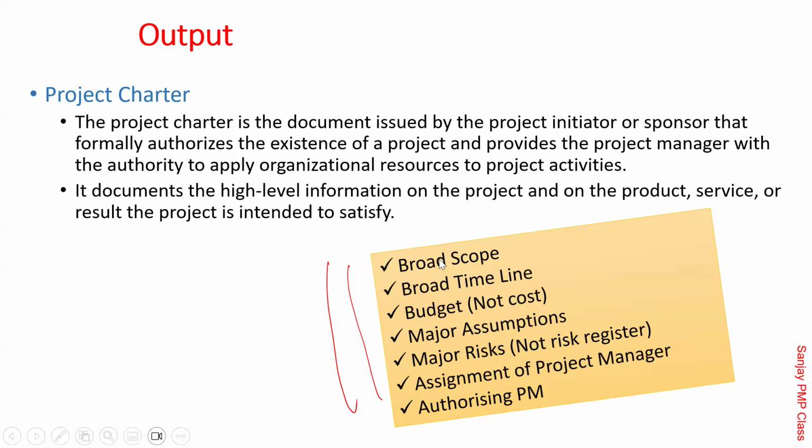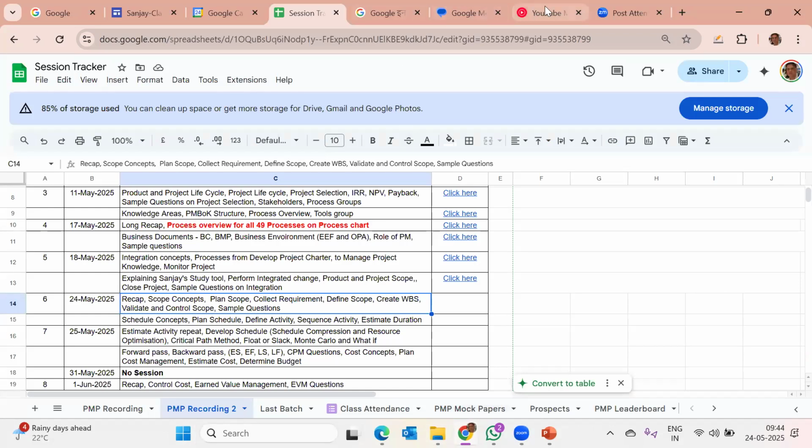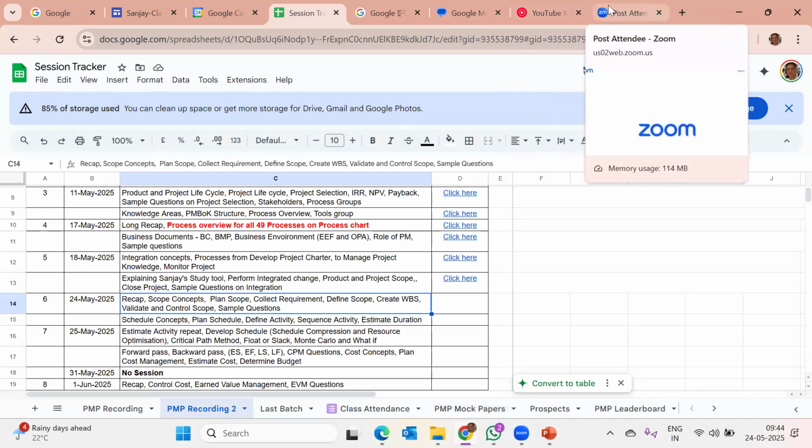I understood why we are using a project charter, but can we take an example, a template that is normally used or recommended in an organization? PMI doesn't recommend any template. However, there is a site which we are speaking about in one of the sessions, and that is called PMI. Sorry, it's called